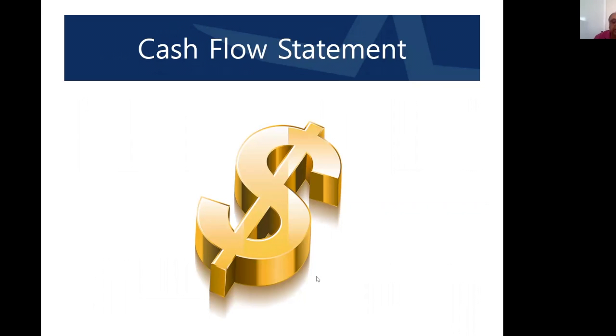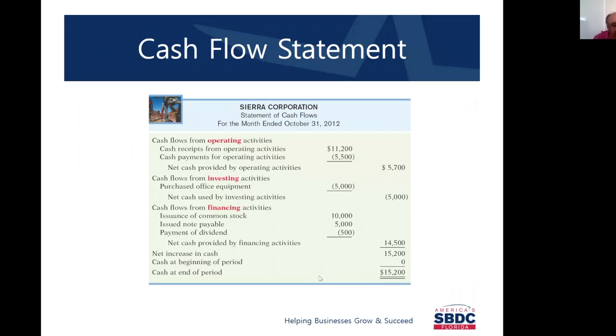Okay, the cash flow statement. The cash flow statement, like I said, is not provided by your accountant. Most accountants don't provide it, but it has three segments in that cash flow. It is what happens between the profit and loss and the balance sheet, all the money that went around between them. All of that money that's shuffling between both of them is what the cash flow statement will tell you